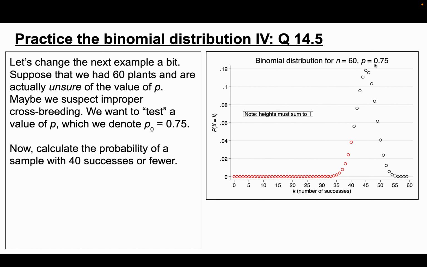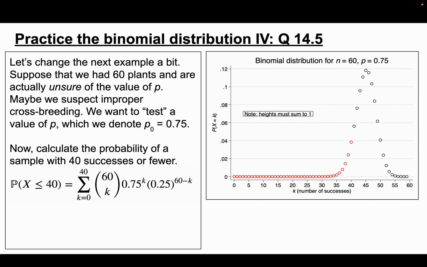This is what the distribution looks like if p is equal to 0.75, and we can calculate it here, right? So now k is a variable and p is fixed, except in this case, p is something that we're guessing and k is something that we observe. So it's kind of funny, right? Because before we were trying to figure out, given a known true p, what are the probabilities of different samples? Here we're doing the same thing, except we're actually inverting what we know. We know the number of successes, we don't know p, but we're posing a counterfactual question and saying, what would it look like if we had this true p, little p, by the way,